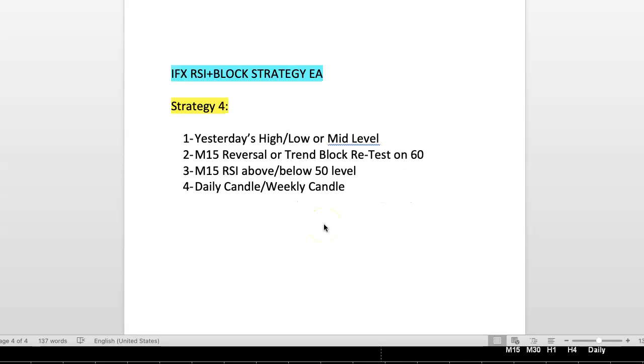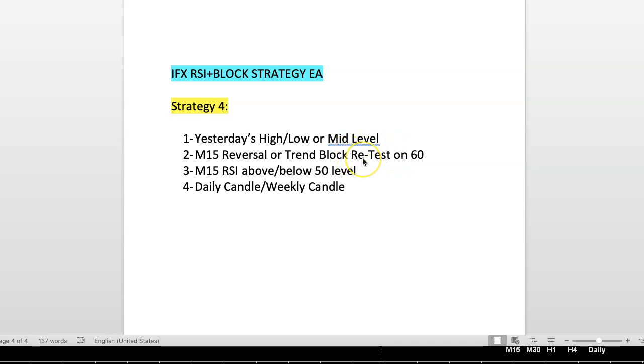And this is the final strategy using the RSI and the block EA. Well, there are so many more, but pretty much these are the basic ones that we're going to take a look into the EA. And in here, this is pretty much open. You can use yesterday's high or mid-level, but remember this is strategy number 1, or using the mid-level will be strategy number 2. But in here, pretty much what we're going to look for is only entering on retest only,